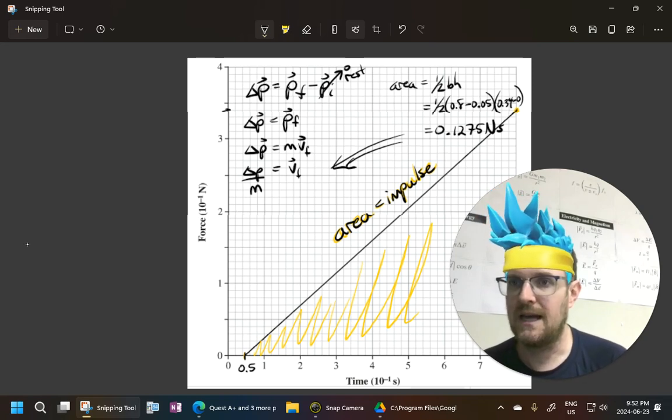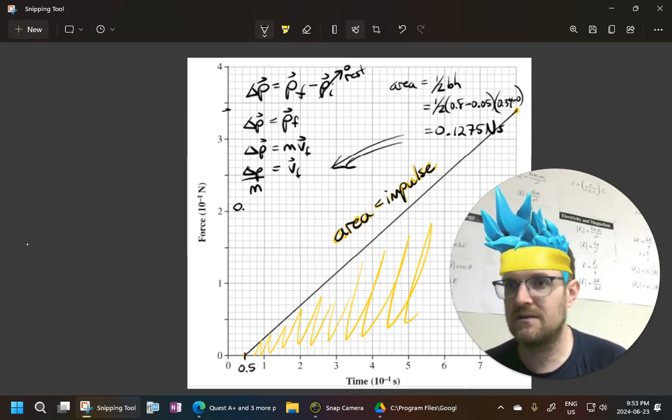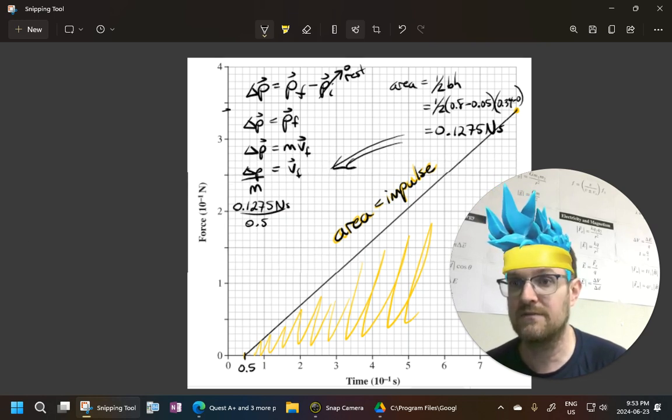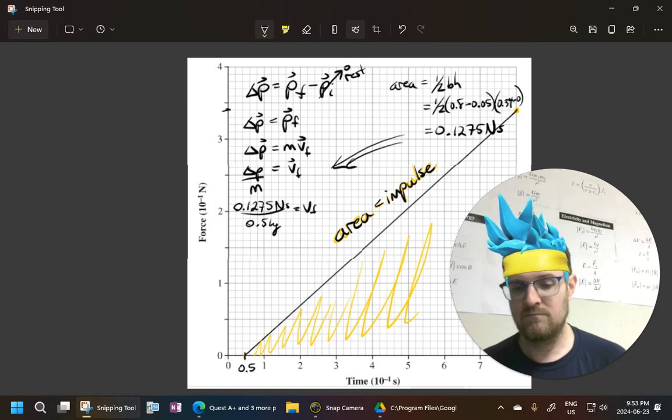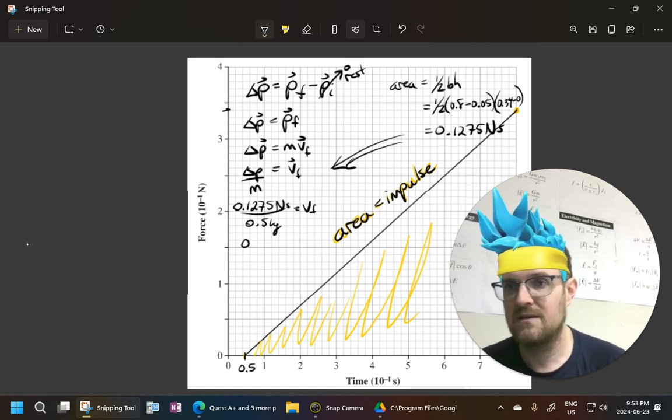All right, and I'm going to put that in my calculation over here, 0.1275 newton seconds. I'm going to divide by the 0.5 kilograms, and I get my final velocity. So let's divide that by 1/2. So it really just doubles it. So 0.255 meters per second